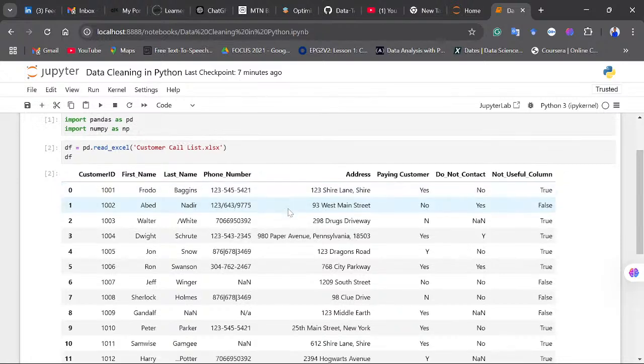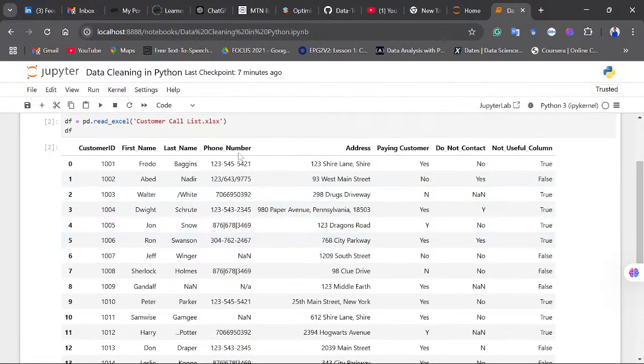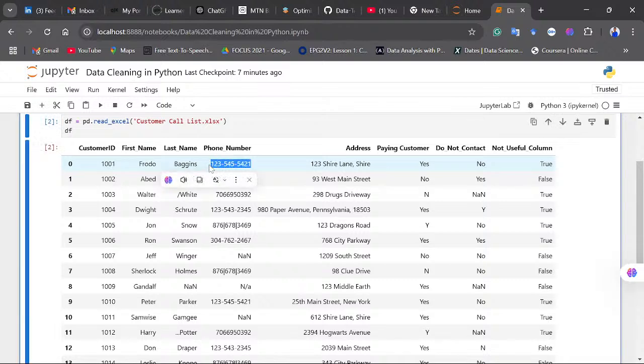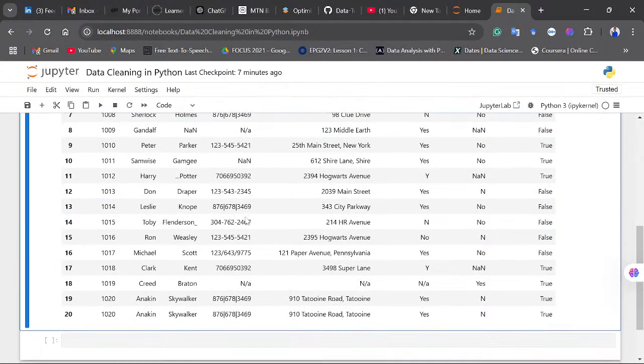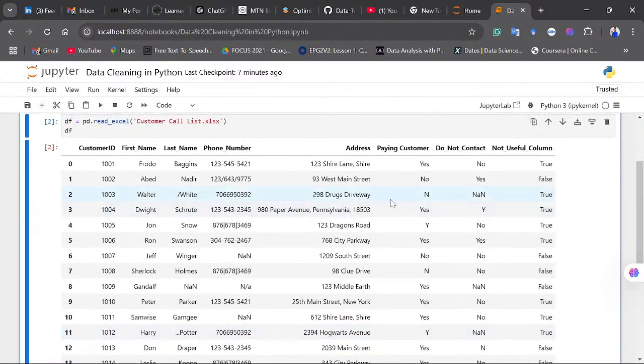Okay, so it means that we have to look at this data set, and if you look at a glimpse of it, you realize that we have even the phone number section. The phone numbers are not the same. You can see this one with hyphens, you can see this one with slash, the next one, this one with nothing, and this one with the kind of, it's not worth it. And then when you also look at the other parts of this, here it shows do not contact. We have yes, no, yes, no, yes, no, Y, and N,